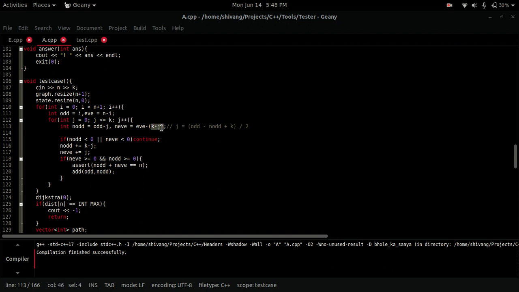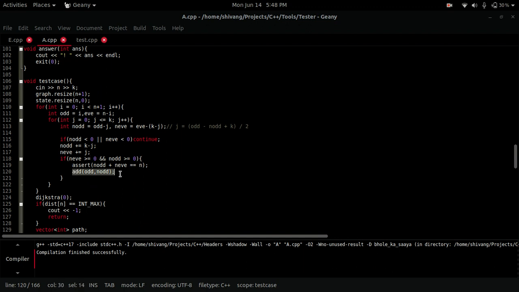And this is some formula which is j, just j in terms of odd and new odd, because this is going to help me in the future. Now if the new odd is less than 0 and new even is less than 0, then we cannot make this transition. We cannot take what does not exist. And then we add these. So what we got from even we add to new odd, and what we got from the old odd we add to new even. So these are our new variables. And I don't need to keep track of even because I know if odd is some x, even is n minus x because the total number is n. So we just add this edge.